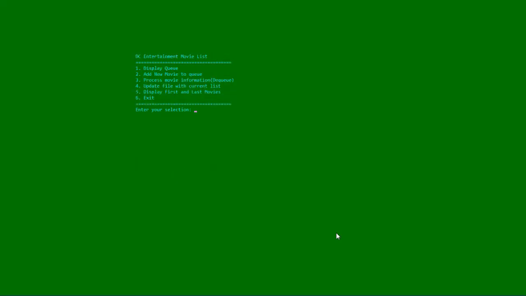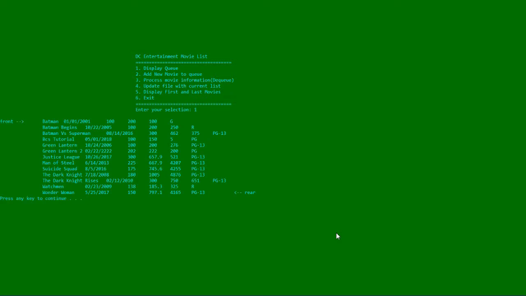So again, once it goes in, it automatically reads in everything in the file and has it stored inside the queue. So if I display the queue, it has the top being the front of the queue and the bottom being the rear of the queue. Everything is still in alphabetical order because it was sorted that way from the linked list or the binary search tree. But as you can see, we have the BCS tutorial movie 4th from the top, and we can again